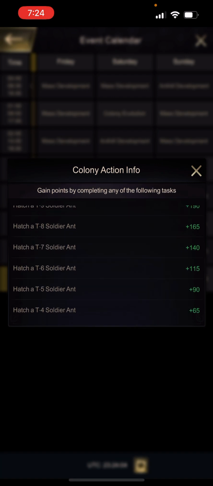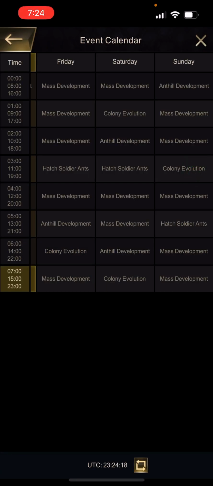So one tip that I like to recommend is to use a raspberry or an advanced raspberry at, in this example, we'll say 5 hours and 45 minutes after UTC, and I will speed up hatching the highest level soldier ant that I have. So for me, that would be tier 7 carriers, and I will hatch them to get either 2 or 3 shells in the colony action. Then I will stop. I will then wait until 6 hours and 5 minutes after UTC when the next colony action starts, and I will do that same thing again where I speed up to get either 2 or 3